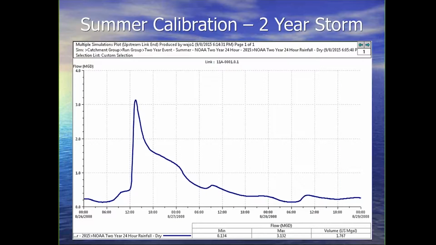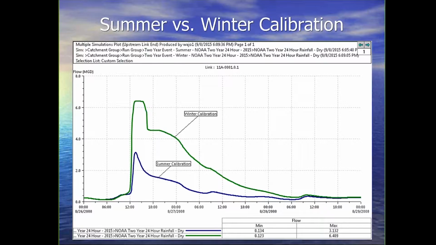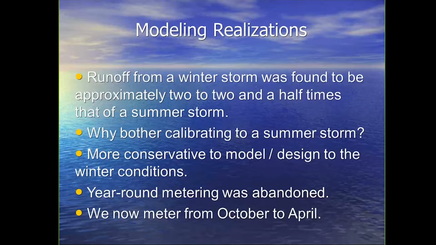And this is just showing the 2-year storm for the summer calibration, and this is showing the winter calibration. So again, all I've done here is I've changed the subcatchments in InfoWorks CS. But what we're seeing here is about a 2 to 2.5 times difference in the flow in the model. So that was one of my first eureka moments when I realized that the runoff from the winter storm was found